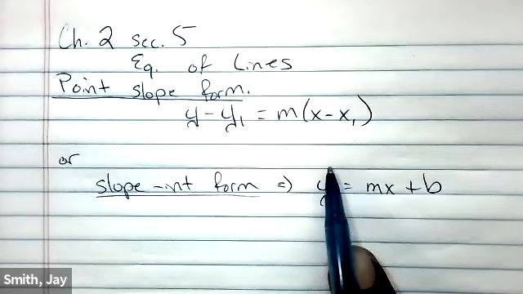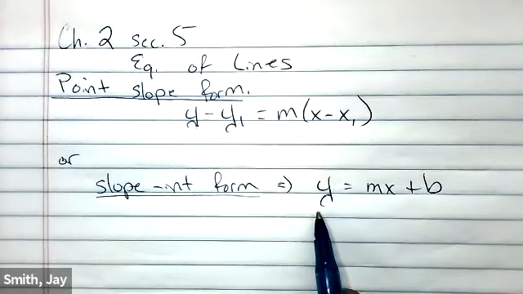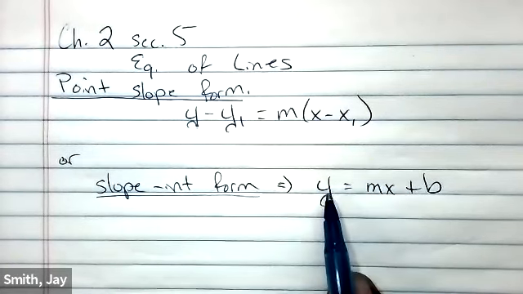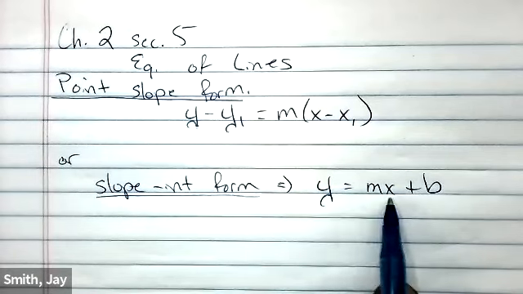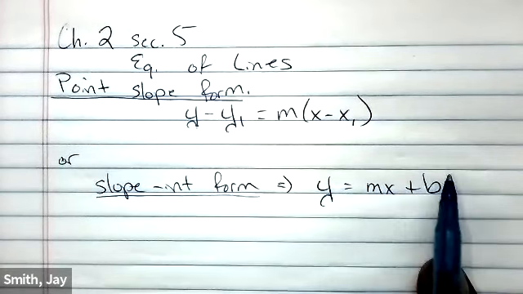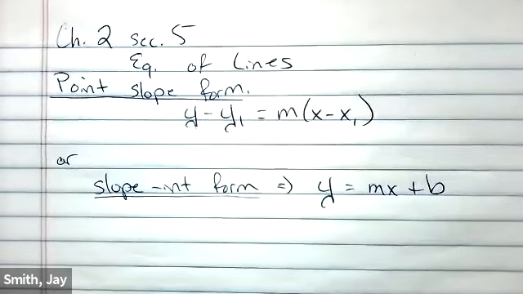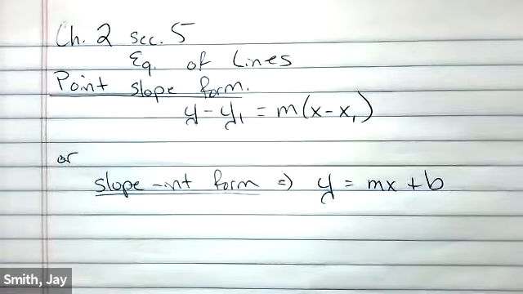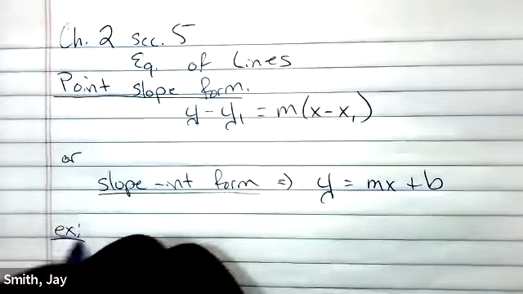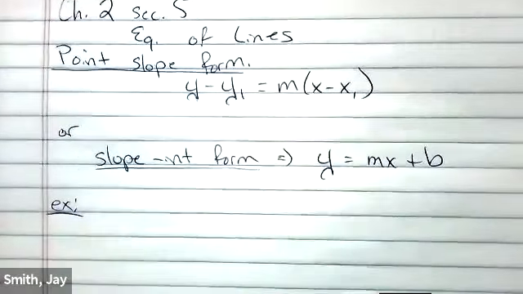We can get to the slope intercept form by solving for y, so we have one single positive y equal to some number in front of x, plus or minus a number. All right, so our first example,